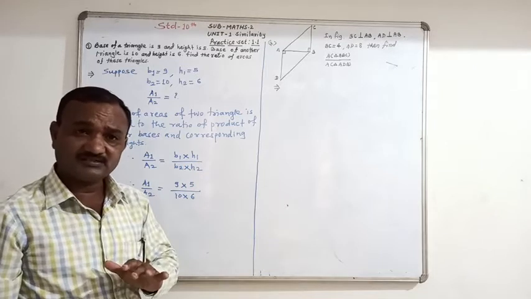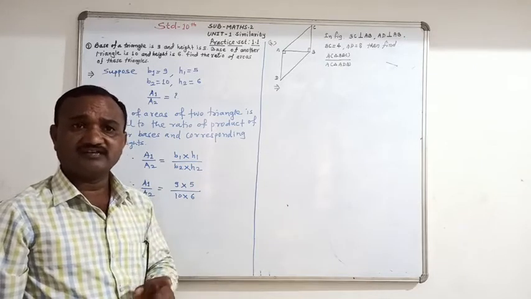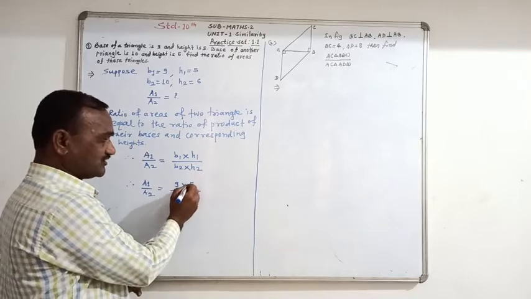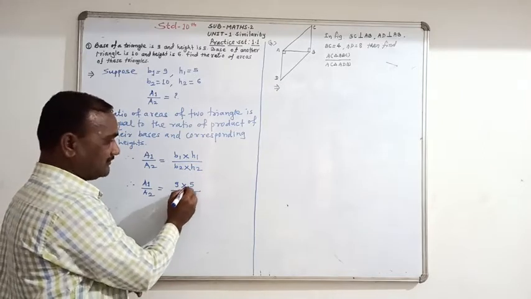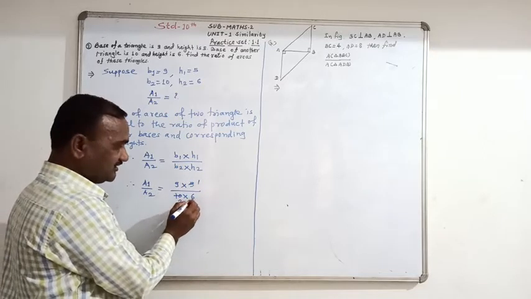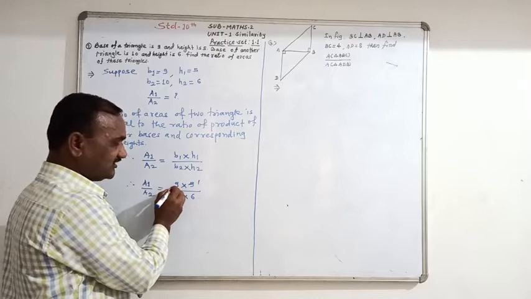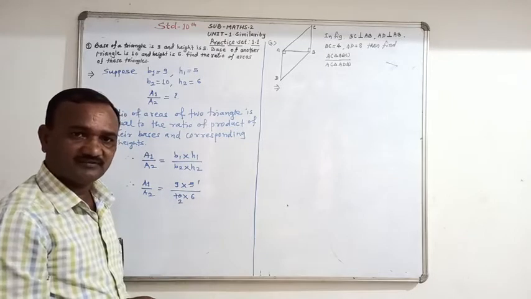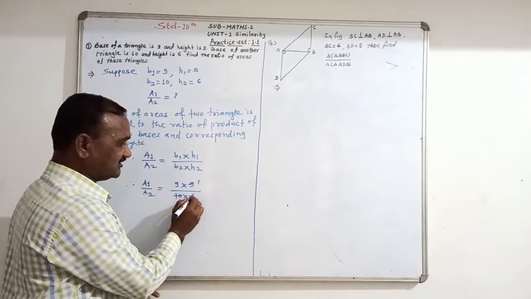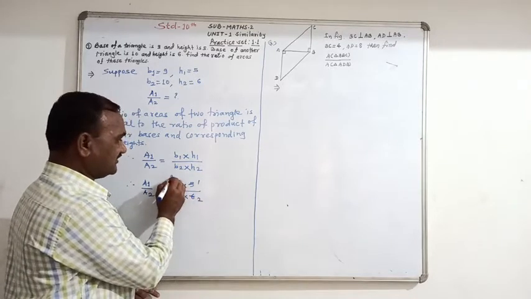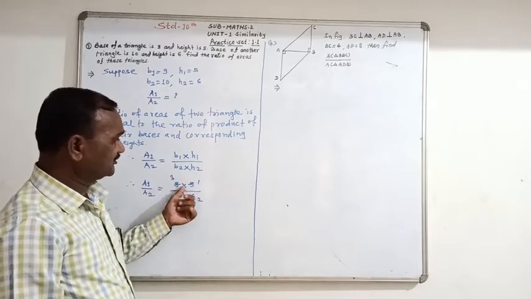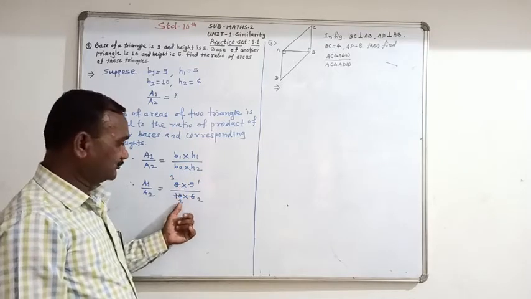So that means you should always write the ratio in the simplest form. So for simplification, you can divide 5 and 10 by 5. 5 ones are 5, 5 twos are 10. And what is remaining there? In denominator 6 and numerator 9, they are the multiples of 3. So you should divide 6 and 9 by 3. 3 twos are 6, 3 threes are 9. Okay, so what is remaining in the numerator? 3 into 1. And denominator 2 into 2.